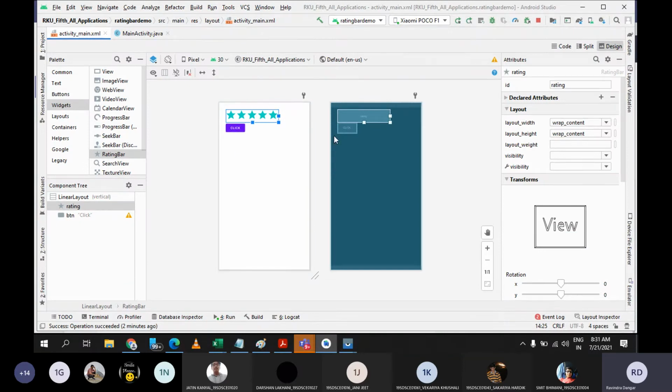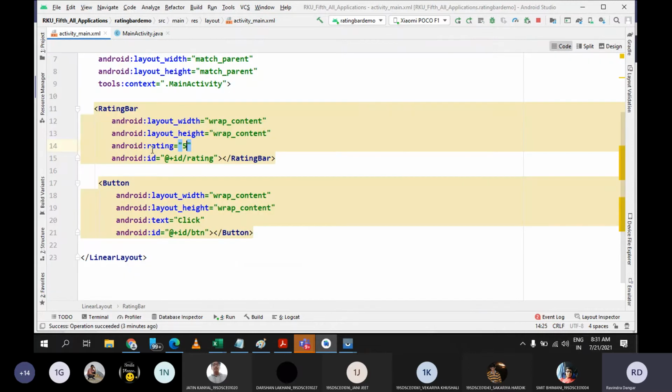Even though your application is not good enough, you will surely get 5 star. Mostly users will not give feedback, they will simply click on this button. They don't even try to select the stars. So this is also a very interesting property. By default, if you want maximum rating, then you can set it like this.